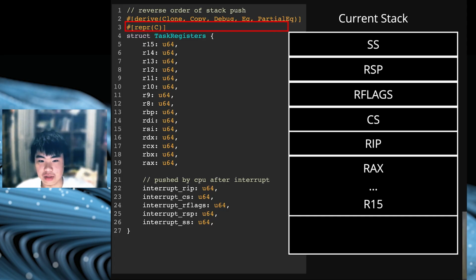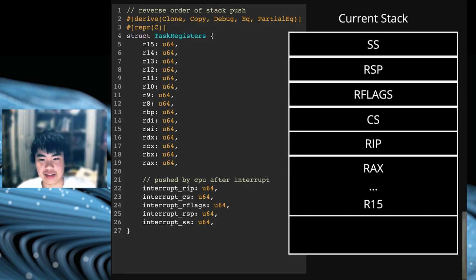So we might notice that task registers is exactly the format of the current state of the stack right now, after we push all the general purpose registers, and also after the CPU has pushed all of the registers at the beginning of the interrupt. It looks reversed because if you remember, the stack pointer is actually down at the lowest point of the stack, right after R15. So in essence, by passing in the stack pointer to schedule inner, we're giving it a structured window to all of the current task's registers to save and replace with the